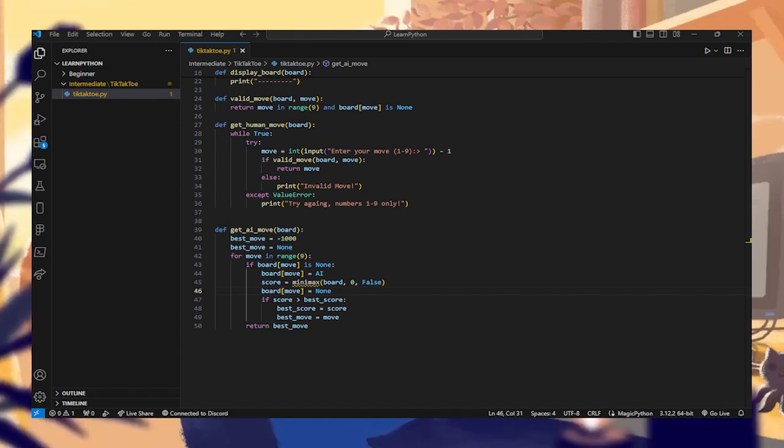minimax function now, I think. Yeah. Okay. So next one is here. So what we'll do is say def minimax,